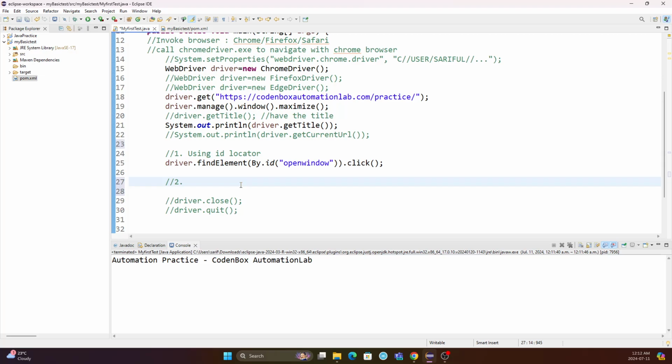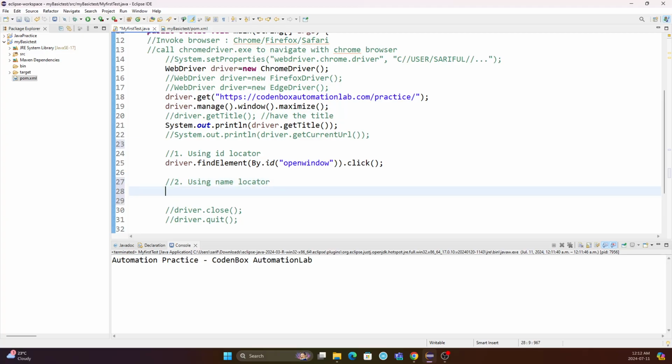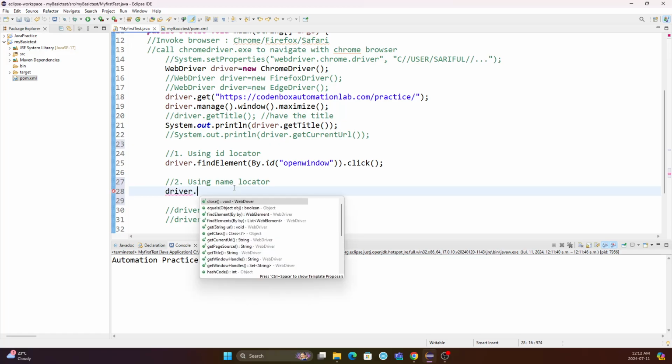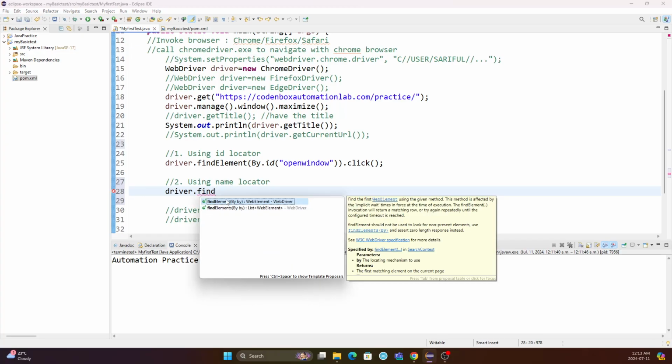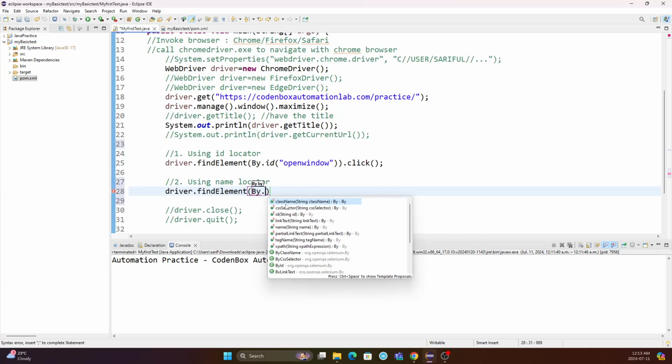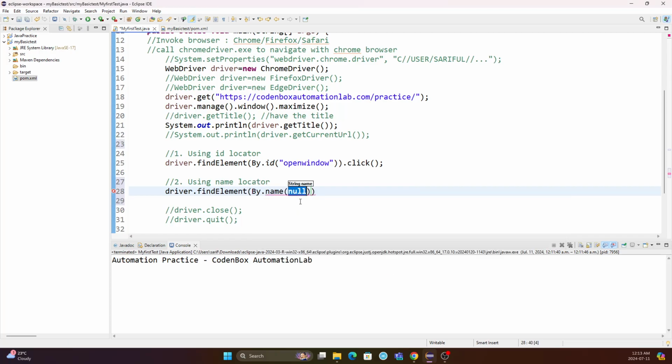Number 2, it's using name locator. So same thing. We'll say, hey driver, use the find element by what? Name. Okay, name attribute. So we're saying, hey driver, find the element by name. What would be the value? For name, the value would be the name attribute value in string format. So let's see where you can find